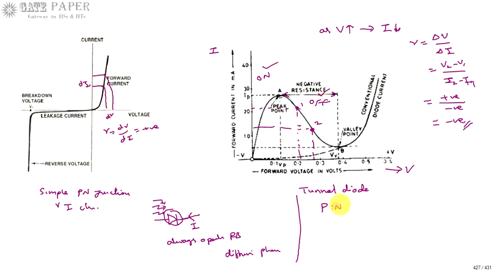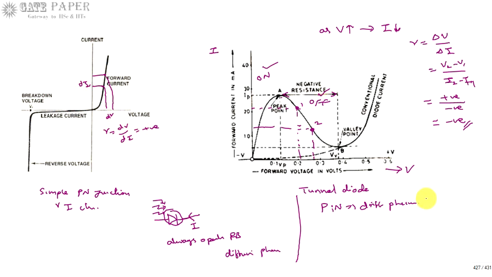So to improve the response time, what we require is the drift phenomenon. So a pin diode uses the drift phenomenon. It is also a type of photodiode, but what it uses internally is the drift phenomenon instead of the slow diffusion phenomenon. Drift is fast. Fast response time means that as soon as light falls on the diode, current should start to flow. The time required for the current to flow after the light is illuminated is called the response time. That response time can be reduced if we go with the drift phenomenon.